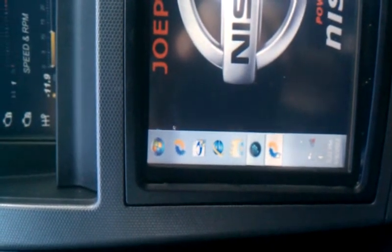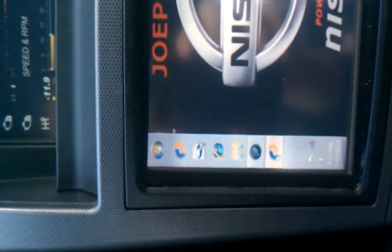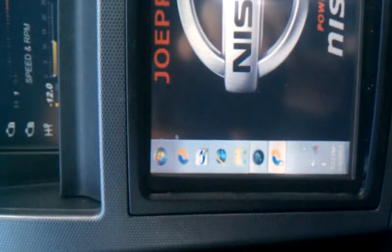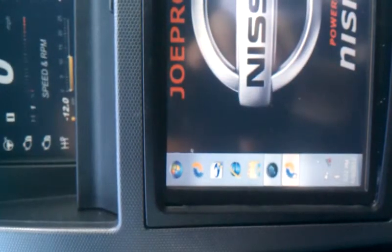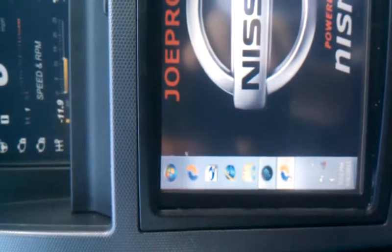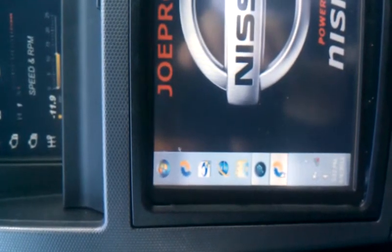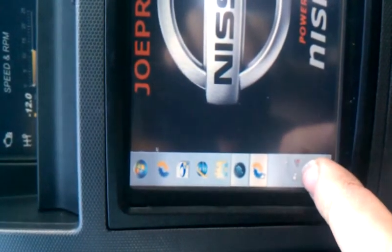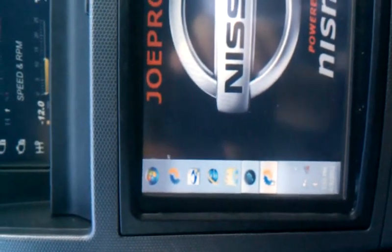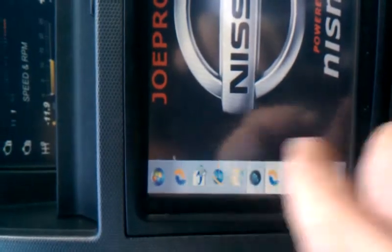There's your taskbar. It has everything there on it. I use Android, so I do tether, so I can get internet. Also, you can use the Pandora app through Centrifuge that way. Also, you can see the wireless icon there. I just don't have it hooked up. This is your touch screen. This tells